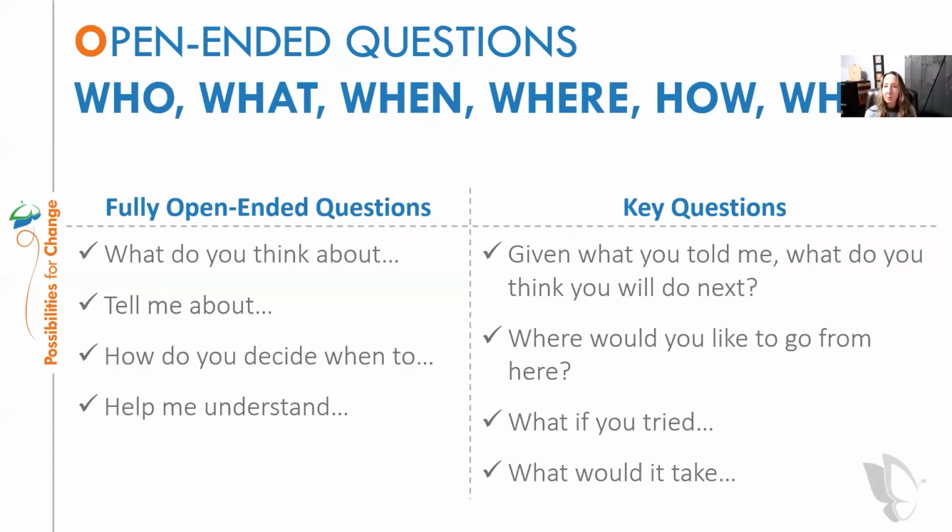So open-ended questions typically start with words that you see here: who, what, when, where, how, and why, versus closed-ended questions that typically start with things like, are you feeling sad? Do you use condoms? Can you find time to exercise? Those can all be answered just with yes or no, or you might get a shoulder shrug. And then we feel stuck in that. And then we continue to ask questions, and then youth continue to back away from us. So using more open-ended questions, and then we'll get to fully open or key questions, can really help you not feel stuck.